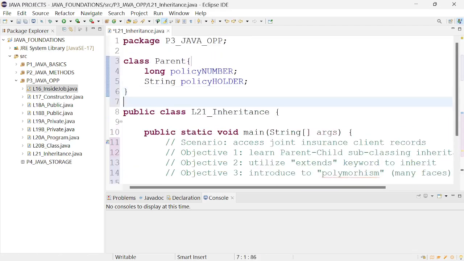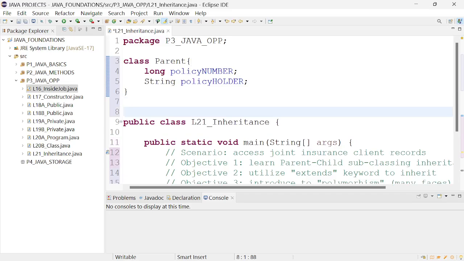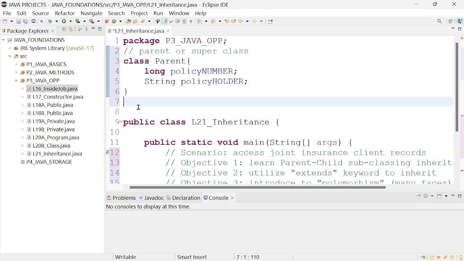However, I'd like to extend this class and use this class parent as a basic, major class, or superclass. Now I'd like to create another class,